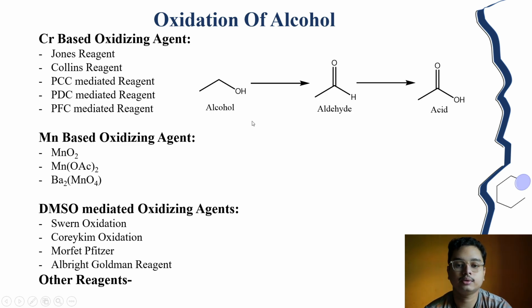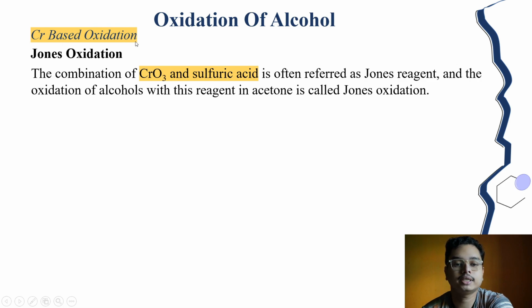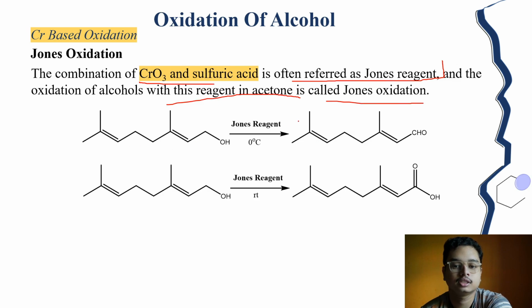So let us begin our discussion with Jones reagent. It is a chromium-based oxidation, the Jones oxidation. The combination of CrO3 and sulfuric acid is often referred to as Jones reagent, and the oxidation of alcohol with this reagent in acetone solvent is called the Jones oxidation. So this is the typical reaction. This is the alcohol. Now, in presence of Jones reagent at 0 degrees temperature, it will become